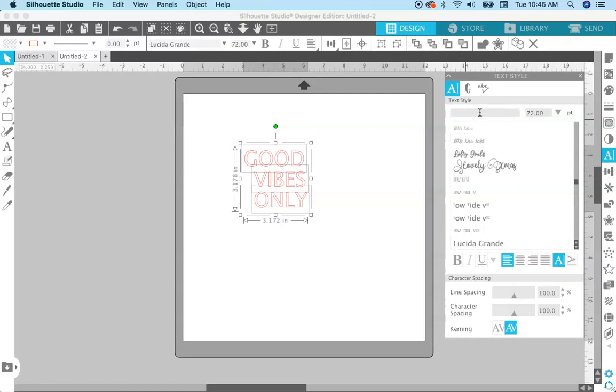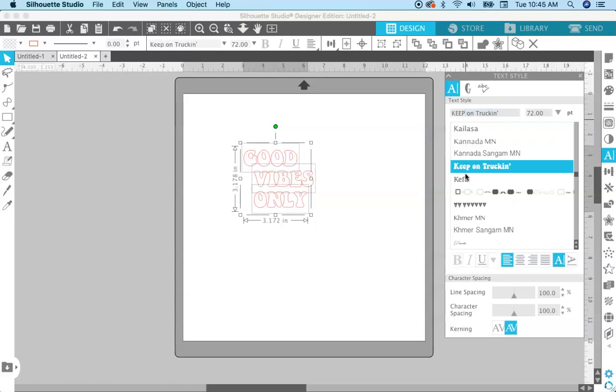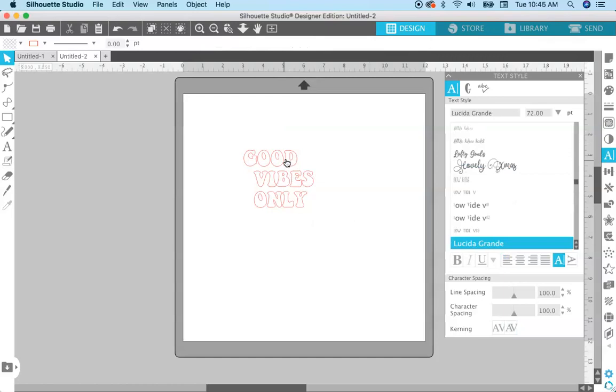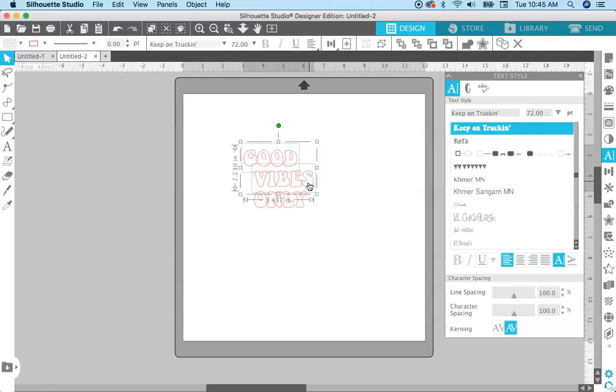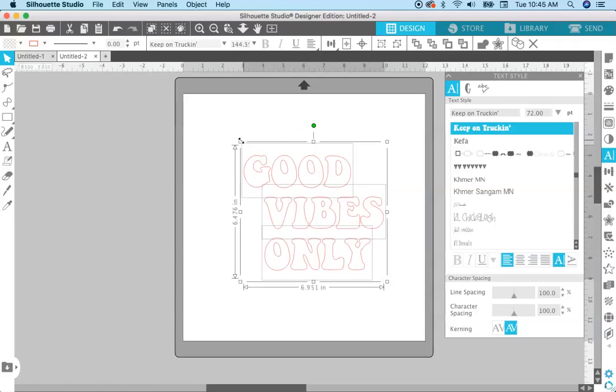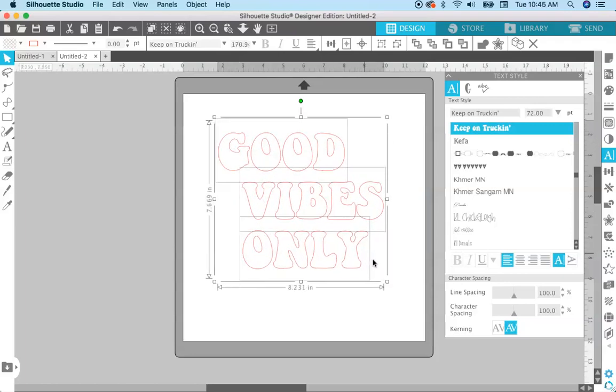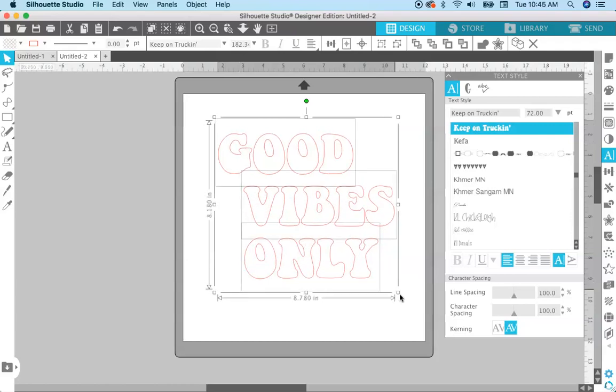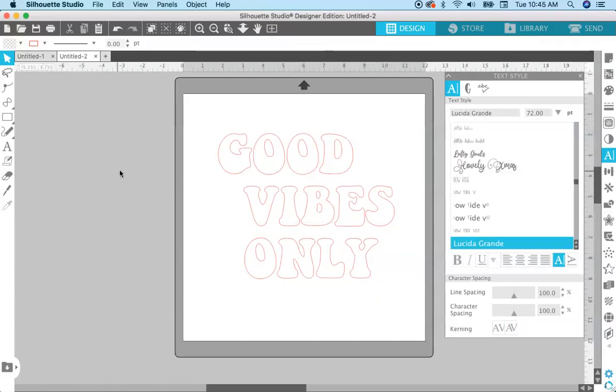Now I'm just going to select everything and I'm going to change the font to Keep on Truckin'. Select the font Keep on Truckin'. It is not included with Silhouette Studio, but it is a free font and it is very popular to use when creating retro style fonts. So I'm just going to size everything up till it almost fits the canvas so we can see everything